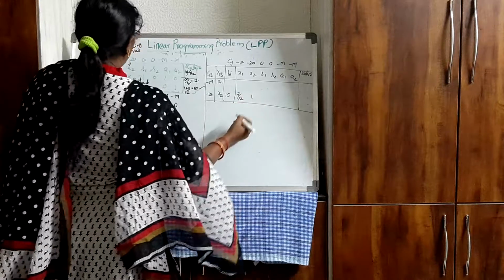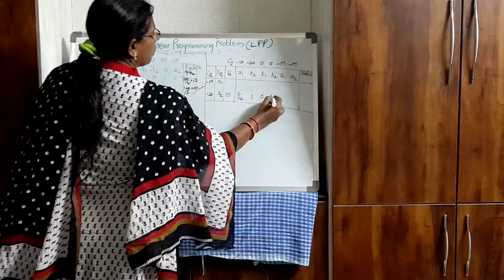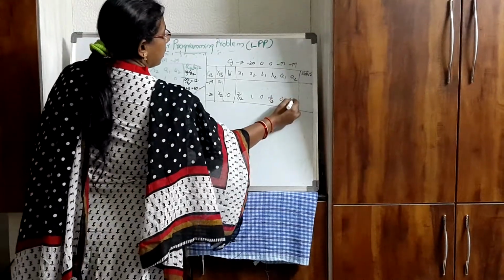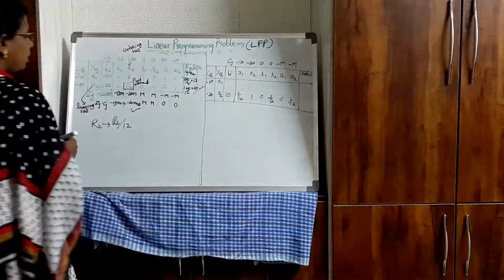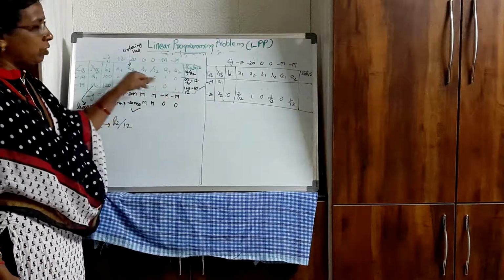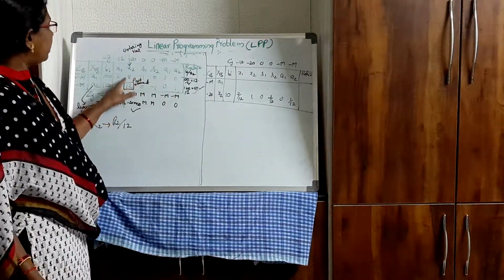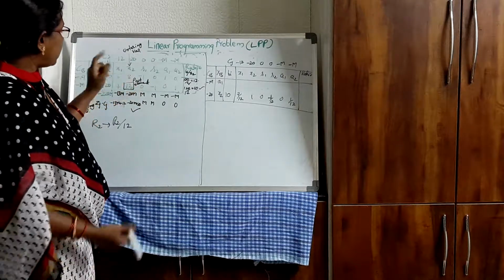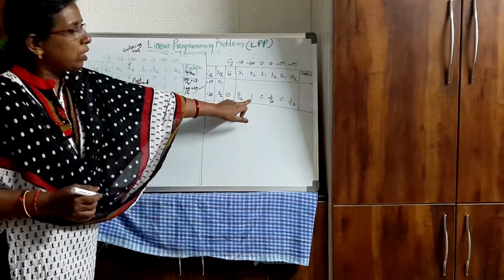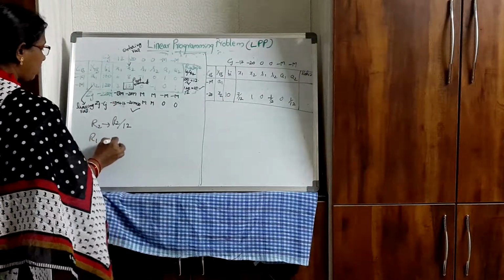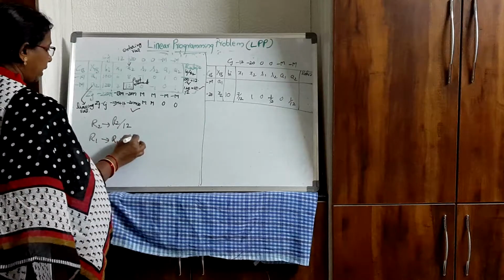12 by 12 will be 1. 0 minus 1 by 12. Then you have 0 and 1 by 12. Now this is the second row. And now in this first row of the previous table, the other element in that pivot element column should be made 0. So I have to make this 8 as 0 using this value. So what will I do? R1 will be R1 minus 8R2.